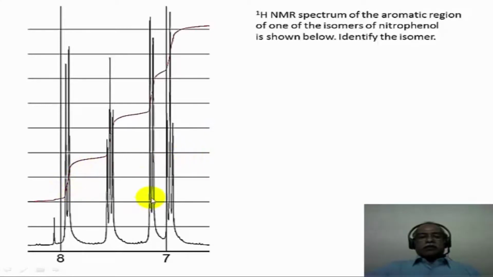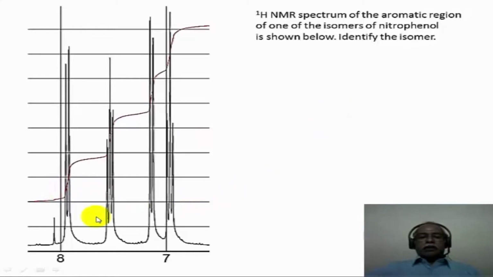Now if you observe the spectrum very carefully, in the region between 6.9 to about 8 ppm, there are 4 multiplets available, and if you look at the integration, it corresponds to, for example, 1 hydrogen intensity, this integration. This integration again corresponds to 1 hydrogen intensity. This also corresponds to 1 hydrogen intensity. Finally, the last one also corresponds to 1 hydrogen intensity. This is a nitrophenol molecule, so it is a disubstituted aromatic compound. So there are 4 aromatic hydrogens present. So the integration essentially matches to the 4 aromatic hydrogens in the molecule.